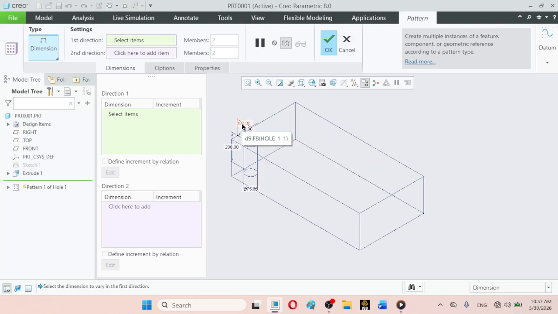So by selecting 100, the length direction will be automatically defined. And by default this 100 value will be set as the separation or distance between the consecutive pattern objects.